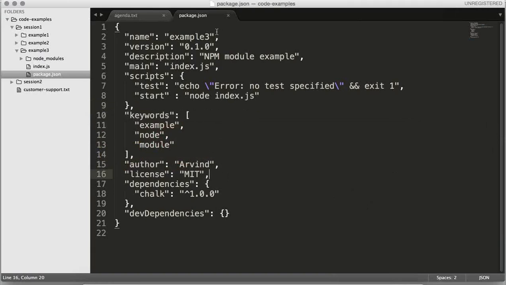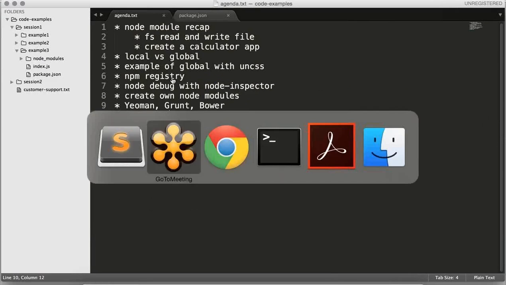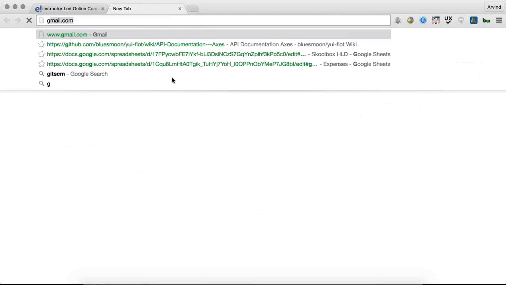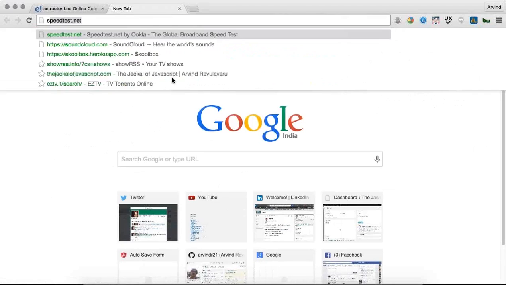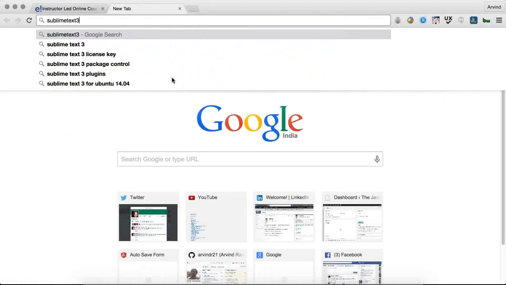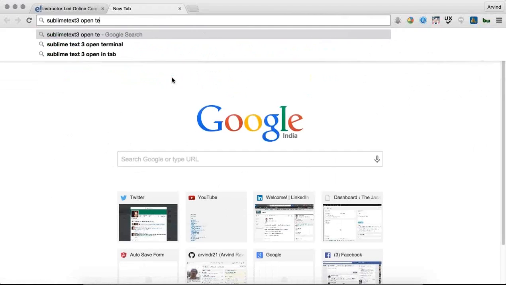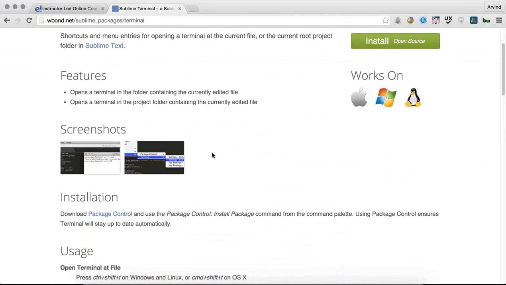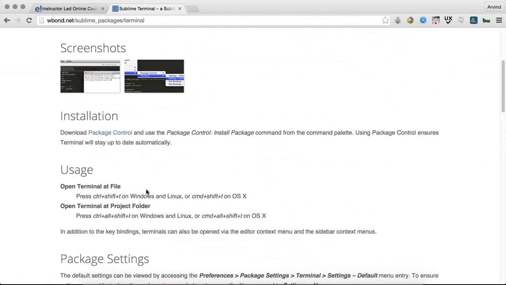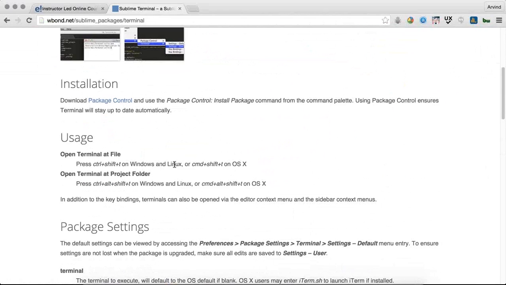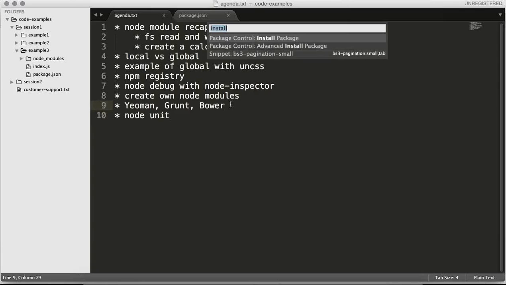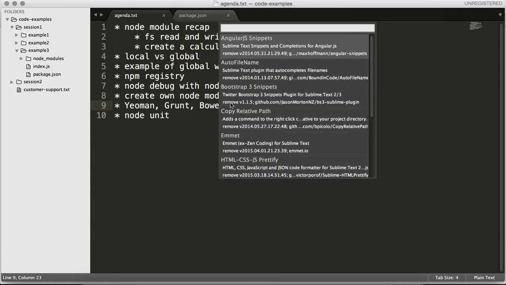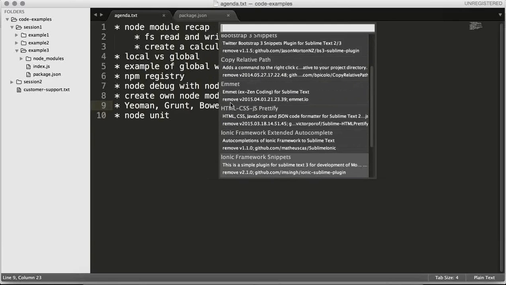What I have done is that I have installed a package called Open Terminal here. So you can go to Google and type Sublime Text 3 Open Terminal plugin. This is one setting out there which you could use when you want to open a command prompt here. So I'll give you the exact name of the package which I'm using. It is called